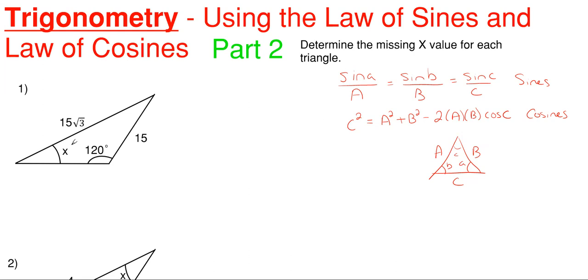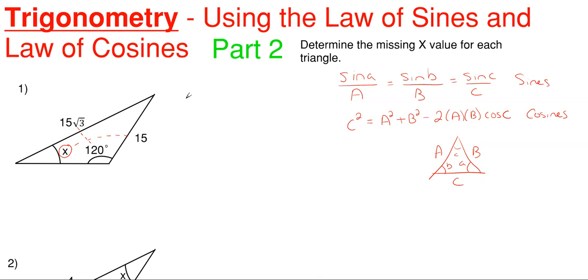So let's look at our first one here. X is an angle, so we have to determine an angle here for this triangle. Well, let's see what we have going on here. We have two sides that are known and only one internal angle known. Well, we know that this angle right here is opposite this side. Well, what is x? X is opposite the 15 over here as well. So anytime you have two sides known, and one of those known angles is opposite one of your known sides, and one of your unknown angles is opposite one of your other sides, you can use the law of sines